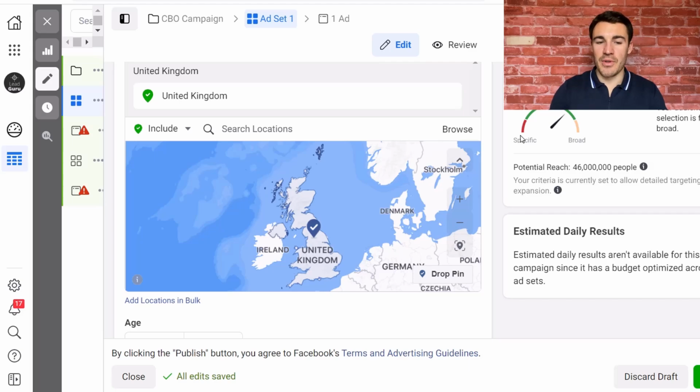We've worked with businesses before that have all sorts of various reasons why they want to keep things local. We've worked with companies that sell perishable goods, so just want to advertise in a couple of states near where they're based, West Coast US, for example, as opposed to the rest of the country, because obviously they don't want their stuff to perish and go off before it reaches the customer.